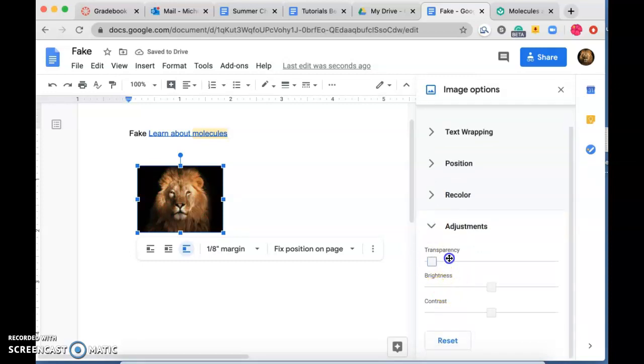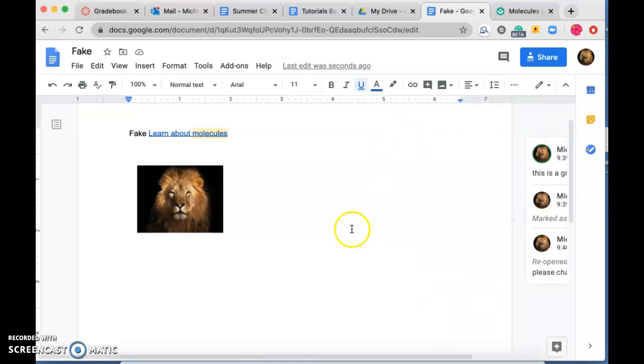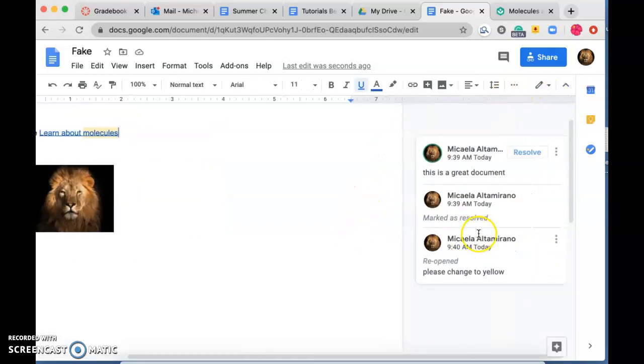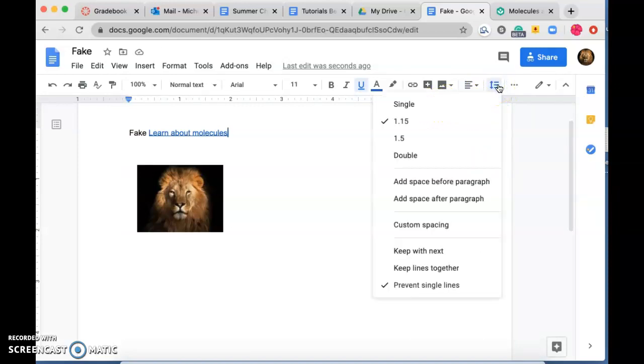And if you want to change the transparency and the brightness, these are really cool when working with a document that has these types of options. I'm going to click resolve so I have a bigger part of my screen. This is your justification, your line spacing,